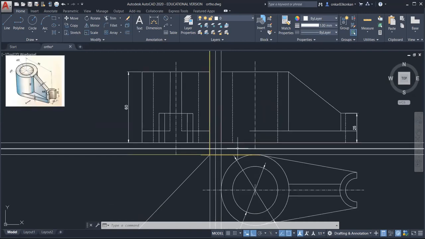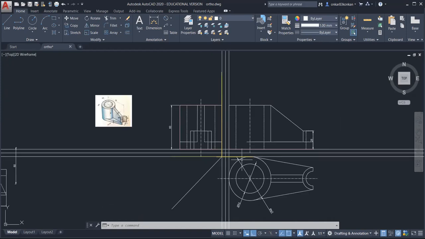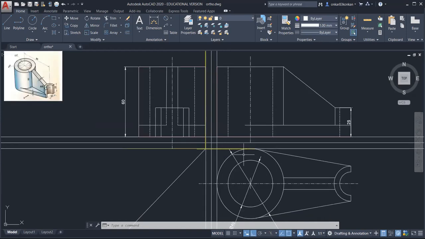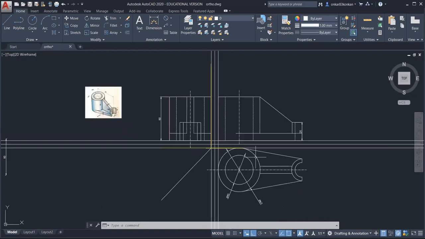Okay, so in this way, we can complete this projection. So try to complete this in your drawing book and also do the practice in the CAD software. Okay.